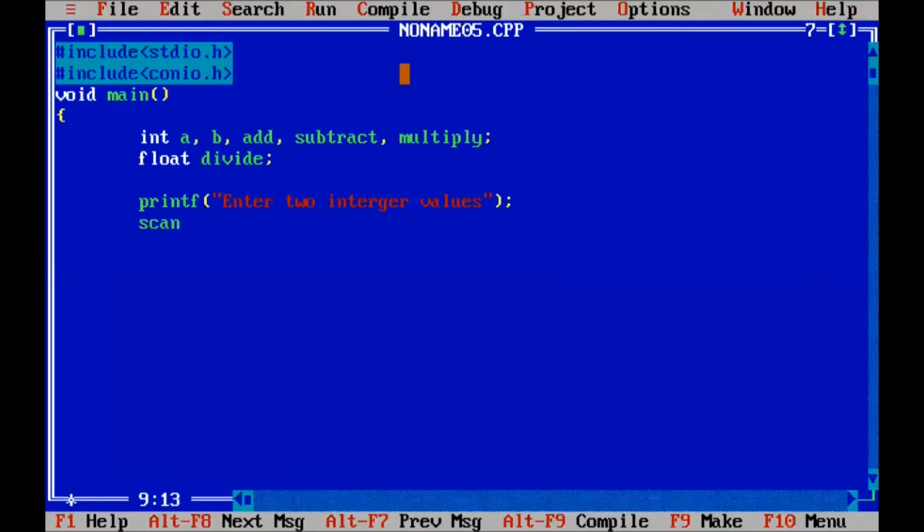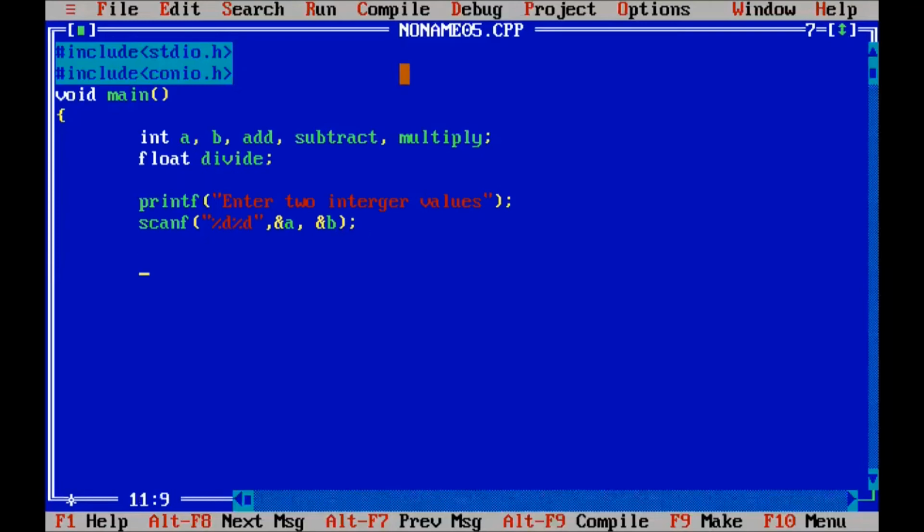We write scanf with two %d, ampersand a and ampersand b. So we store two values, a and b.